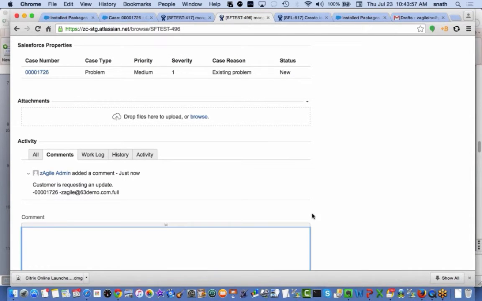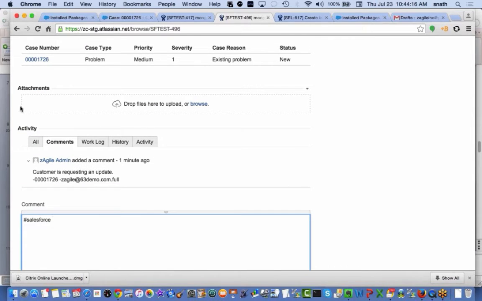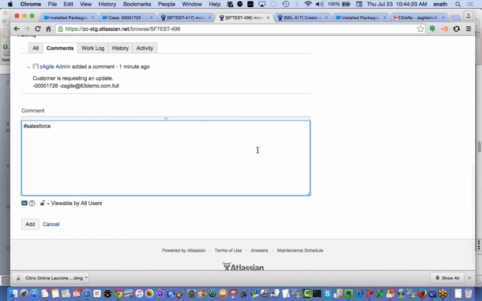To be very clear, not all comments from JIRA will automatically go to Salesforce. It's also an explicit action. So if you want to communicate with the support agent associated with a case, you will do the same thing. You can specify hashtag and then the case number if there are multiple cases, or you can just type in hashtag Salesforce and it will send it to one or all related cases. So here we'll say